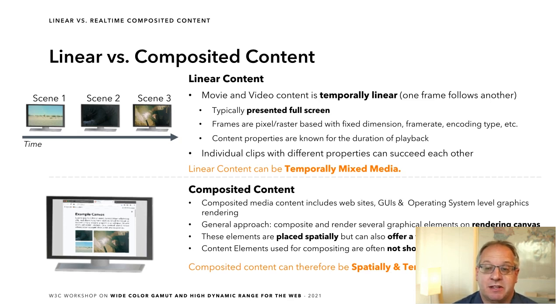So one fundamental note on terminology: please be aware that concepts and approaches might have different meaning and scope depending on the field of application. This is particularly true when fields intersect, as is the case here when comparing linear and composited pipelines. With that in mind, I'm using terms that are intended to communicate the concepts in order to bridge between the fields, but they might not match exactly the terms in active use in particular contexts.